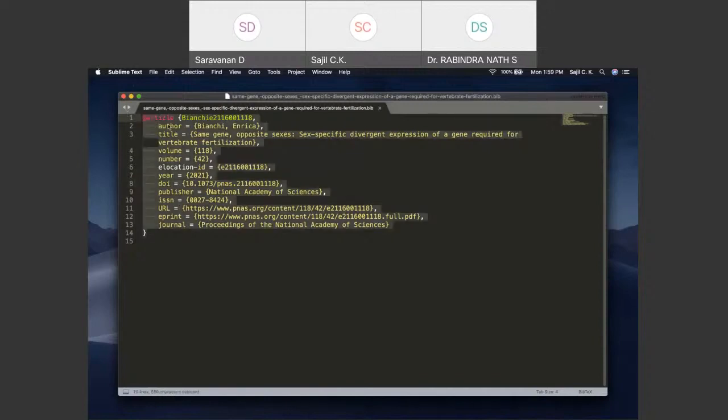So the correct format will be like @article. There is some handle name, just like the reference name I showed with images, and we can change that. And there are other fields like author, title, volume, number, year, DOI, URL, etc. Everything is comma separated in curly brackets, and for the last item there is no comma.